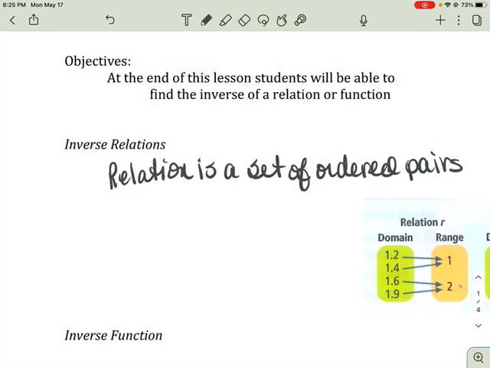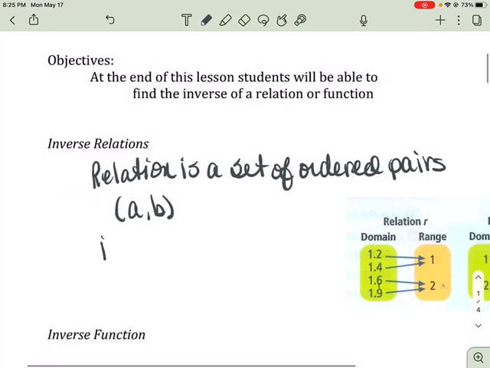Okay, and we can illustrate that by just a set of ordered pairs, a mapping, an equation, a graph, a table. Any of those represent a relation. So here is a relation. This is a mapping, and we have our domain, which is our x values, and our range, which is our y values. So think of it as an ordered pair, let's say A comma B. Then the inverse